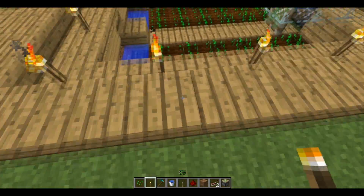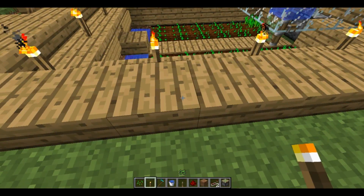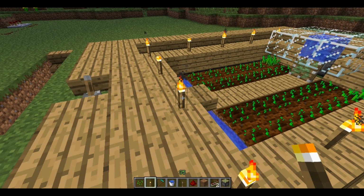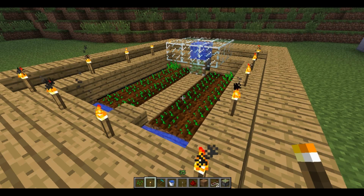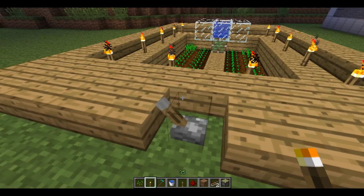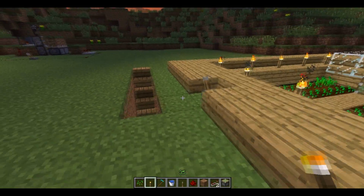Now light does help the growth when you're growing inside, because you can put wheat farms inside, but you have to put a sufficient amount of torches to get enough light to grow. I don't know whether these lights would help it at night like I said before, but I put them there anyway just in case, and it also makes it look a bit nicer. So that is now our wheat farm complete,